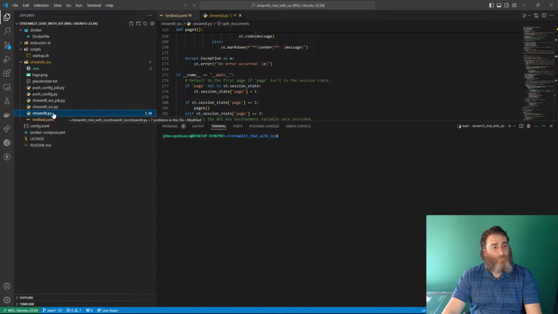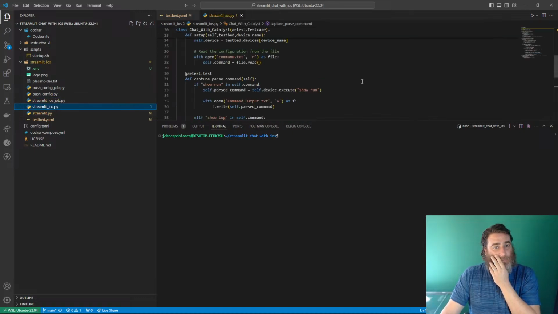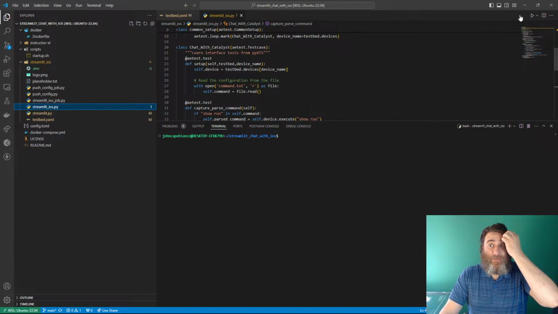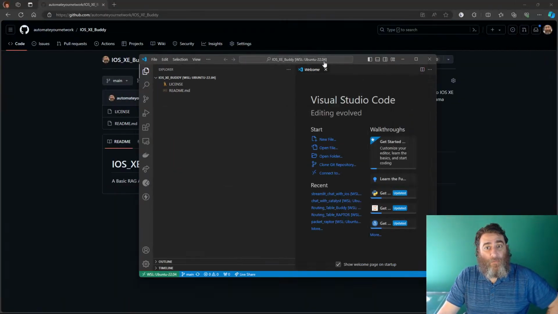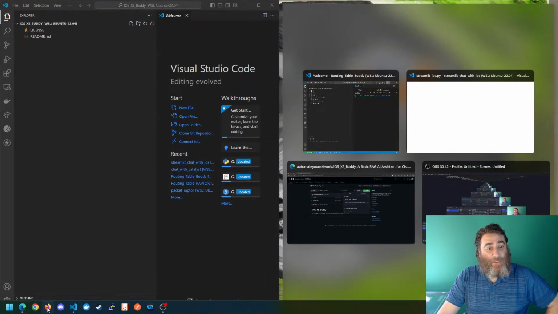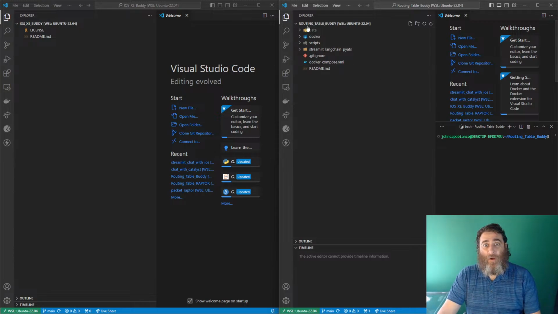All right, yeah, this is what I want to reuse. Okay, good. So I have iOS XE Buddy, which I'm going to start with the code from Routing Table Buddy. And I'm going to grab